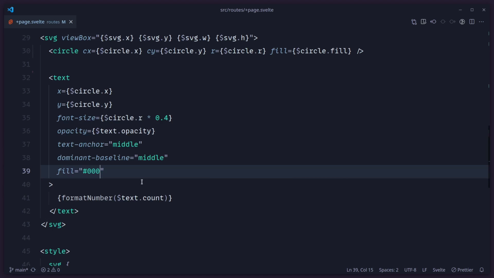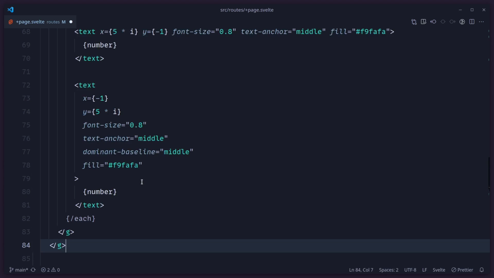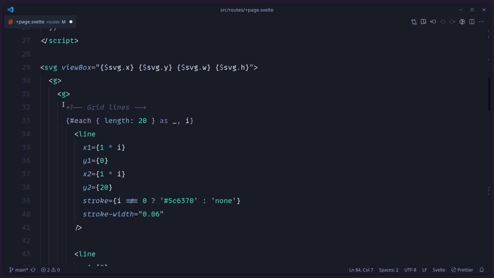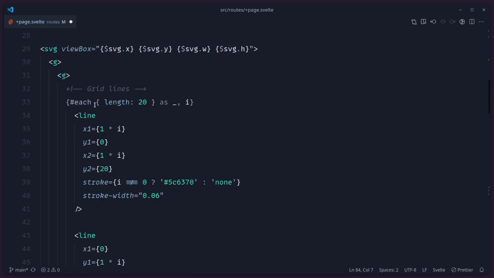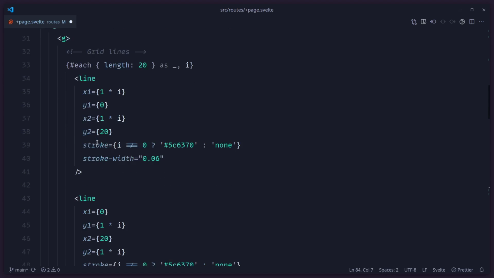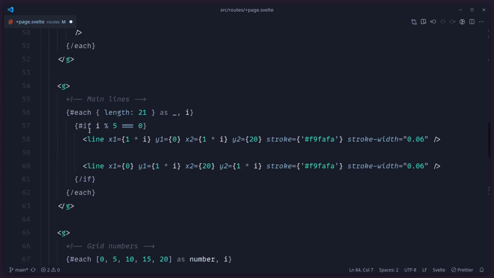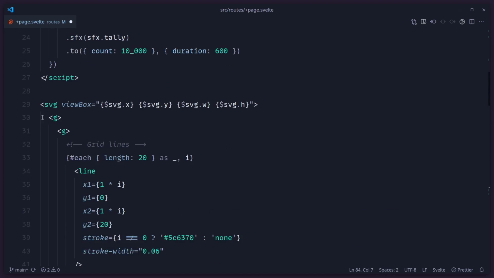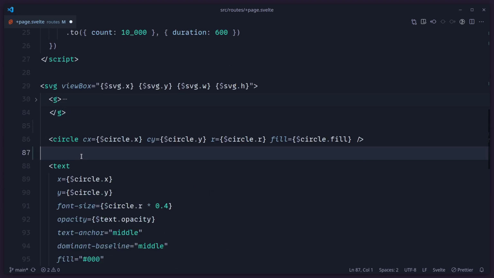I actually copied the grid so we don't have to type this out because we would never be finished. But again, I can just go here to the top. I can just spend a second to tell you what I've done here. It's really nothing intimidating. I'm just using SVG lines and groups here, so everything is neat and organized. So when you read the code or look at the example, you can understand what's going on. I'm just basically looping over how many squares there are. So I'm creating lines for each one, and then I'm creating these main lines, so the white lines, right? That's basically it. And then these are just the grid numbers. I'm just looping over these numbers, and then I'm positioning it. So basically that's really it. You can check out the REPL in the blog post as always. But yeah, let me just save this and let's see the moment of truth.